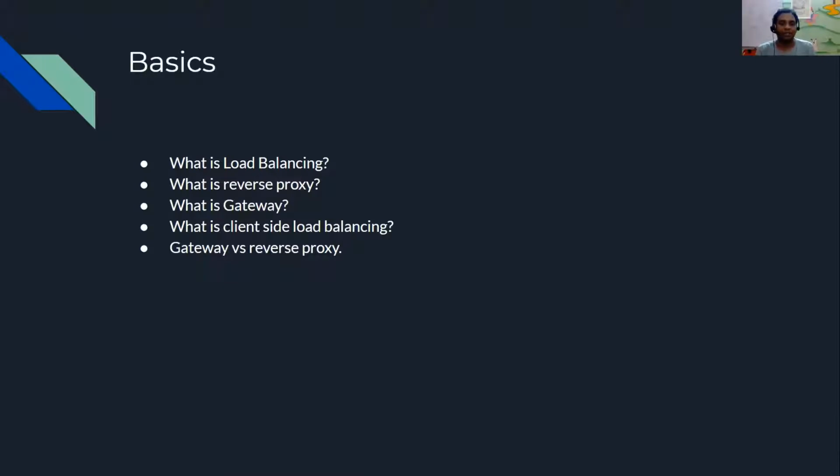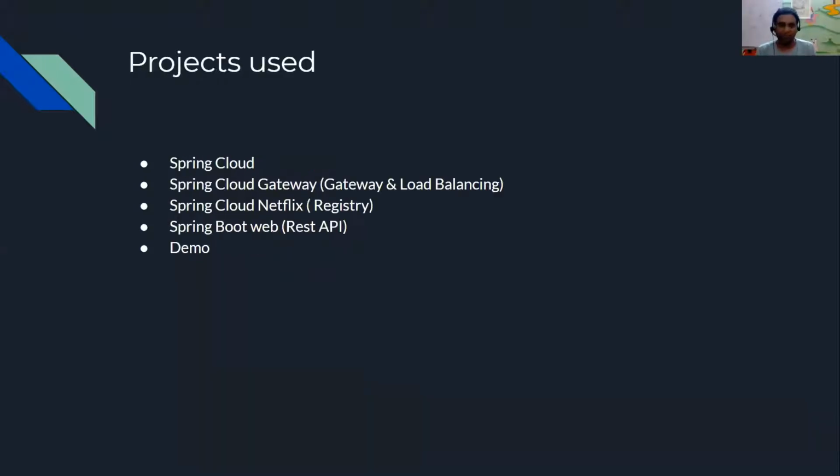Then in the second step, I'm going to explain with the Spring Cloud project in the microservices world why load balancing is most important, and why dynamic load balancing is most important. I'm going to explain that, and we are going to do a small demo of this on a laptop, in a very simple way to configure. I have a GitHub project for this.